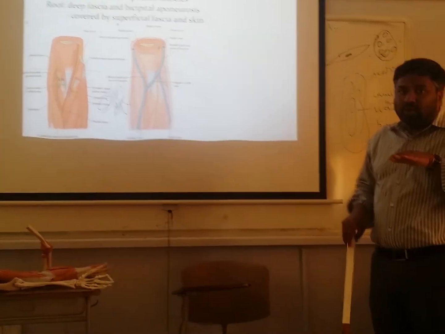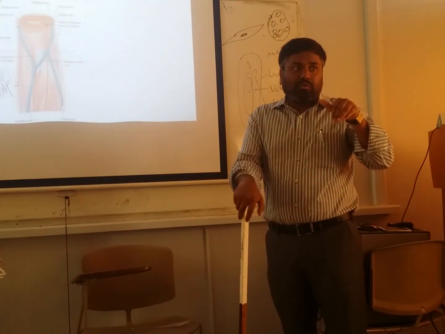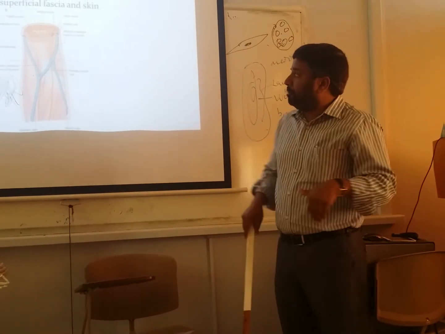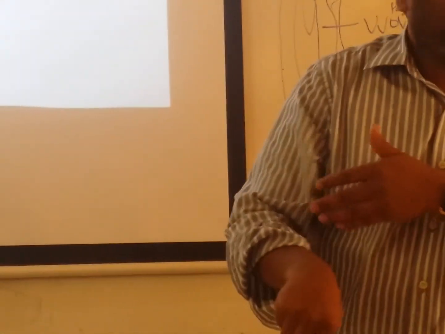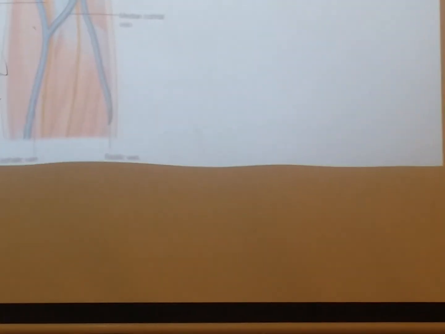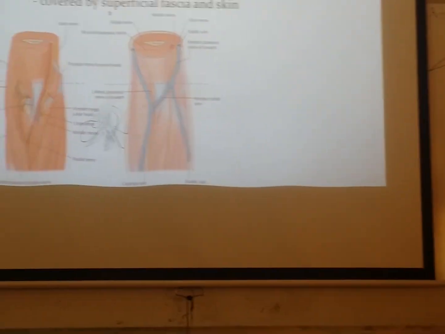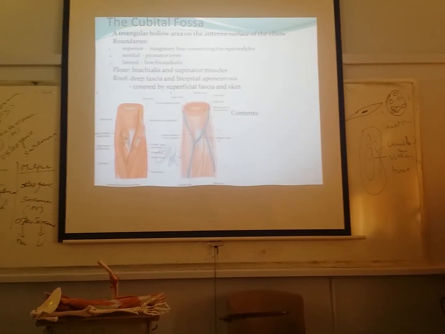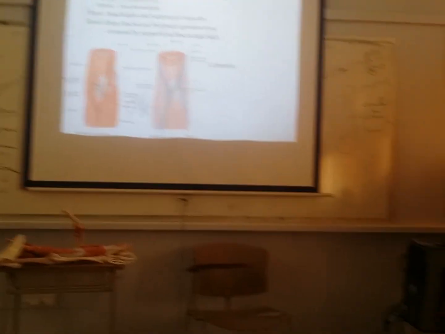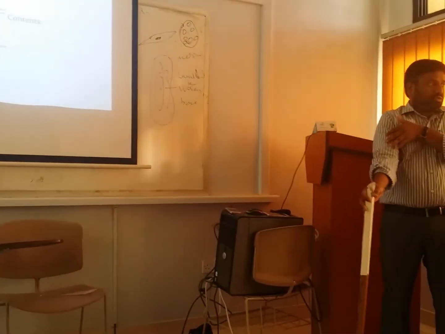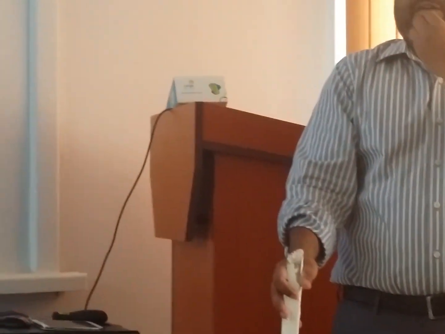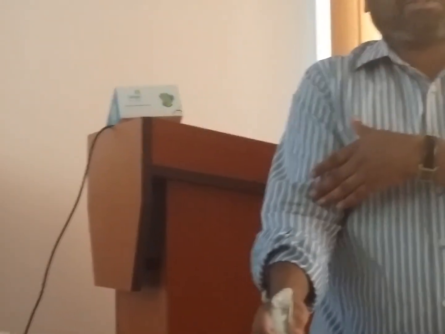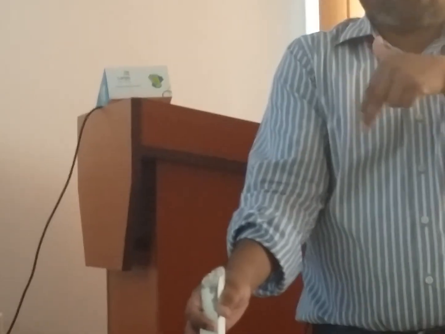So now coming to the floor. We talked about the roof. How about the floor? The floor is formed by the brachialis muscle tendon. Brachialis. Now what are the contents? I told you so many structures pass from the arm to the forearm. What is there? It is there in the roof. You can consider that it is there in the roof. Brachial